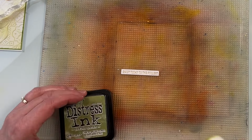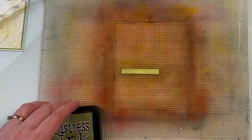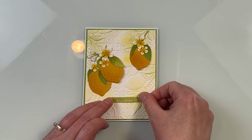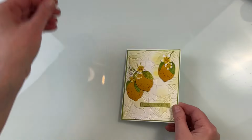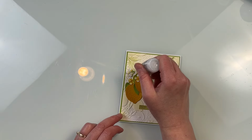as the die cuts. I picked one of the sentiments to go with the card, but because I have white cardstock in the back, even though there's a little bit of ink blending on it, I wanted it to show up a little bit more. So I took that peeled paint and just ink blended over top of that sentiment. And because the sentiment is done with gold embossing powder, it resists that ink and it shows up really, really